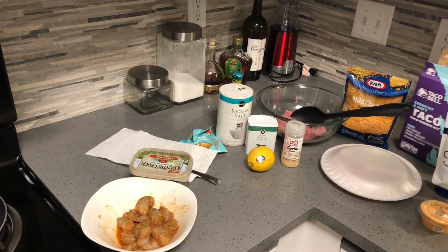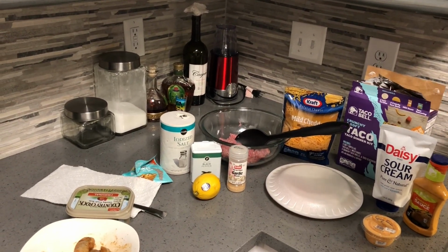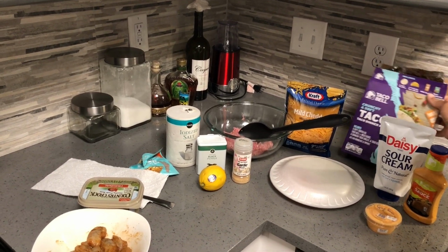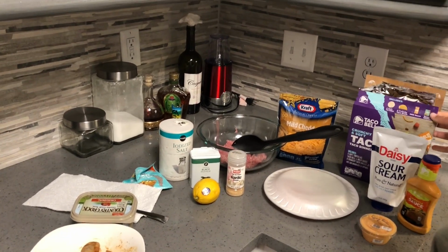And over here we have the taco box. I got this from Walmart. You guys can get it from wherever you shop, like Walmart, Publix, or wherever. So I got this at Walmart, and it comes with 6 soft tacos, 6 crunch tacos, and a mild sauce